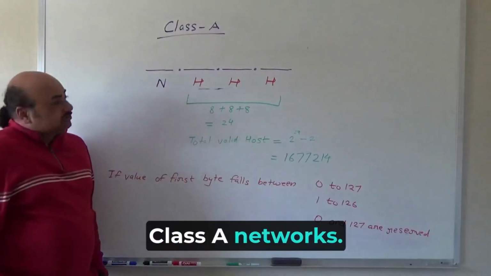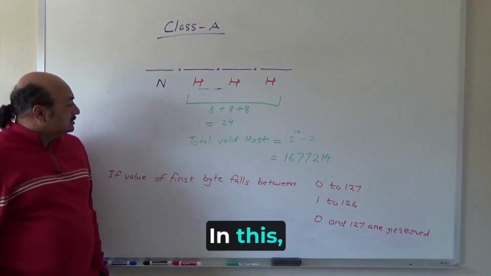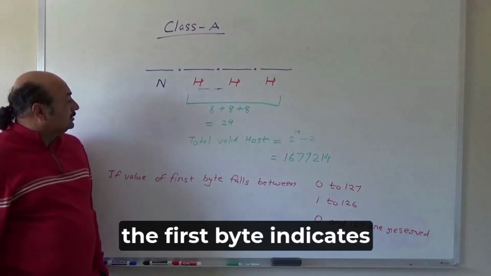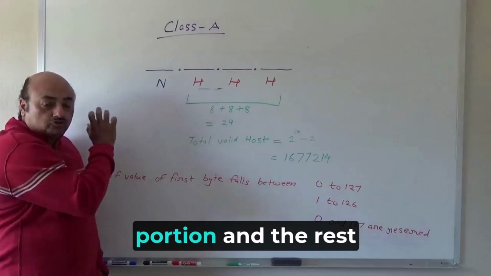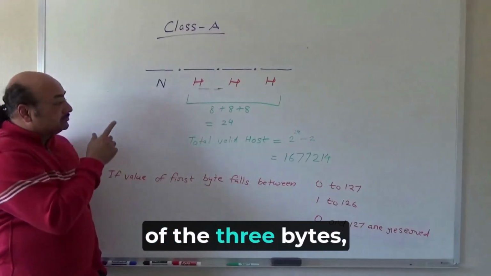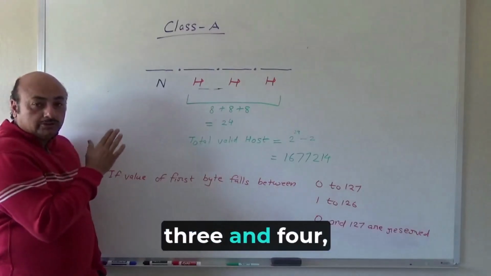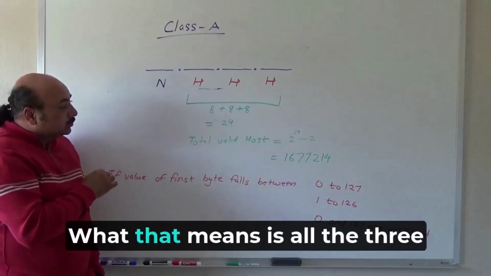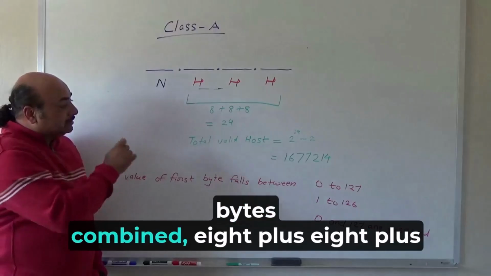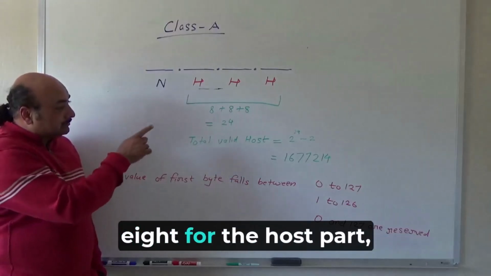Class A networks. In this, the first byte indicates that it is a network. It is reserved for the network portion. And the rest of the 3 bytes, that is byte number 2, 3 and 4, are reserved for the host part. What that means is all the 3 bytes combined, 8 plus 8 plus 8 for the host part,